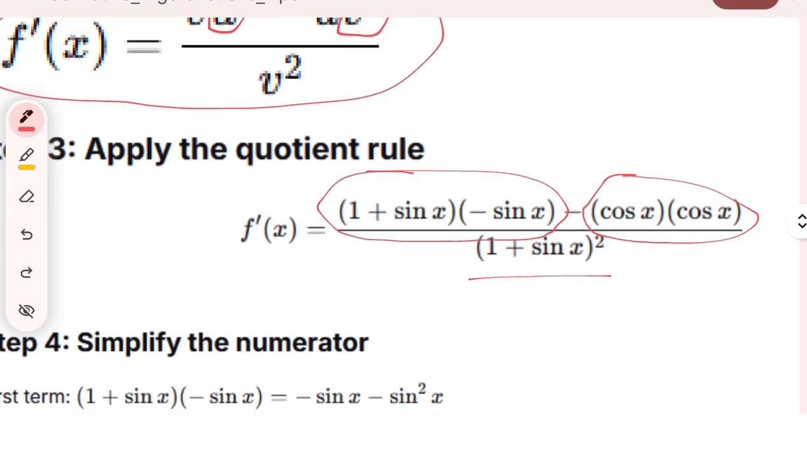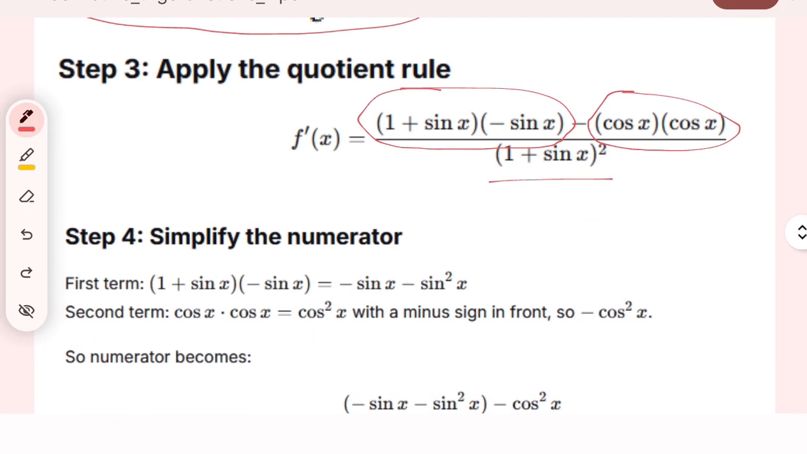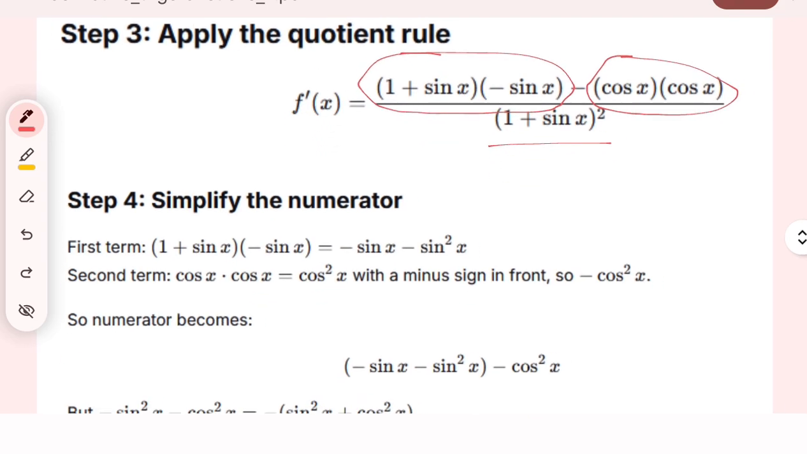So if you know how to multiply them, then proceed. You can then simplify the numerator. So first you multiply the first term, right? When you multiply this, it will come up with negative sine x minus sine square x, right? And then when you multiply these two,